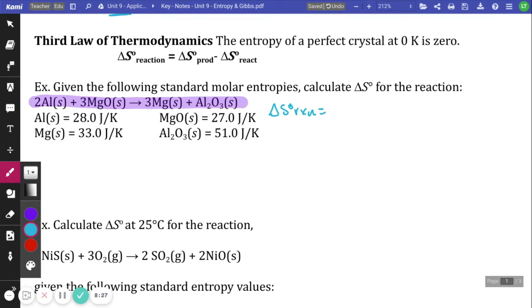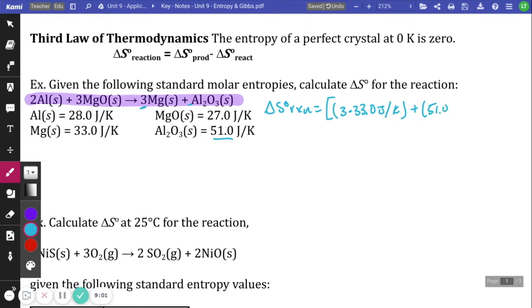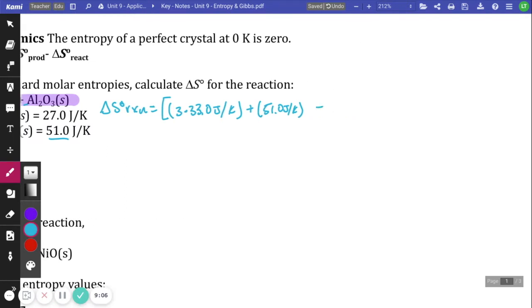So the delta S of our reaction is going to be equal to the sum of the entropies of our products minus the sum of the entropies of our reactants. Let's start with my products. I have 3 moles of magnesium, and magnesium's entropy is 33.0 joules per Kelvin, plus 1 mole of aluminum oxide, and its entropy is 51.0 joules per Kelvin, minus the sum